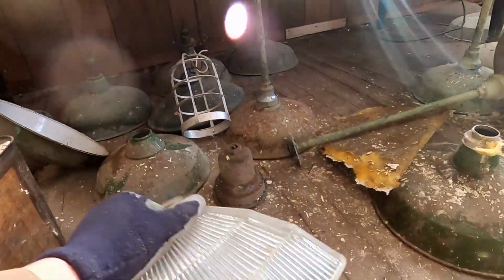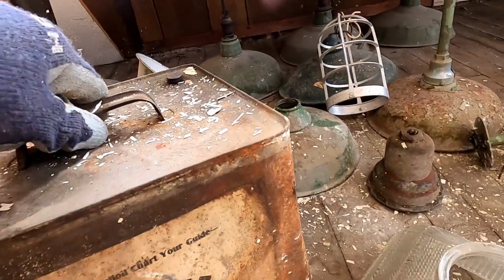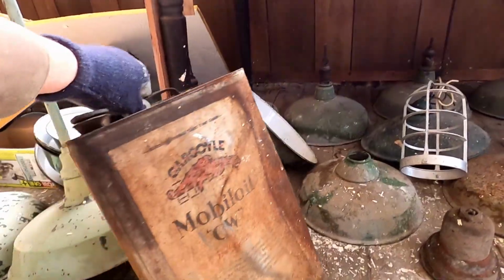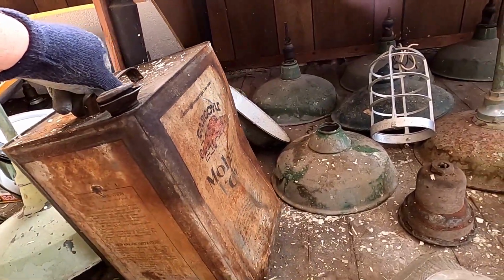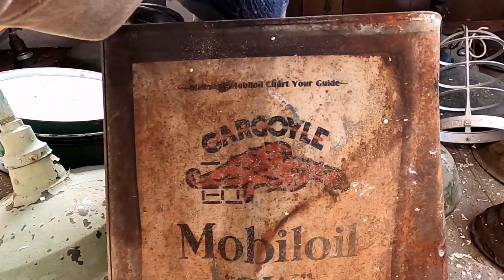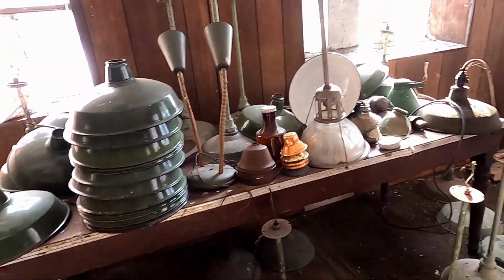Here's another halophane lampshade. And this is an old oil can that we found. It's a Gargoyle, probably 1920s-ish. It's pretty neat. It's almost illegible. It's kind of far gone, but it's not rusted out. There's no holes in it. The text is barely legible, but there's the logo there. Make sure the screen's not too dirty. But yeah,